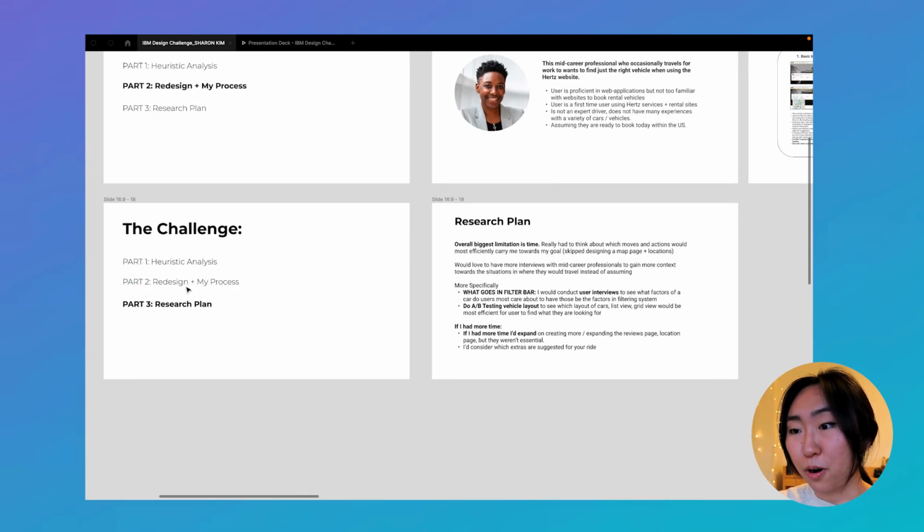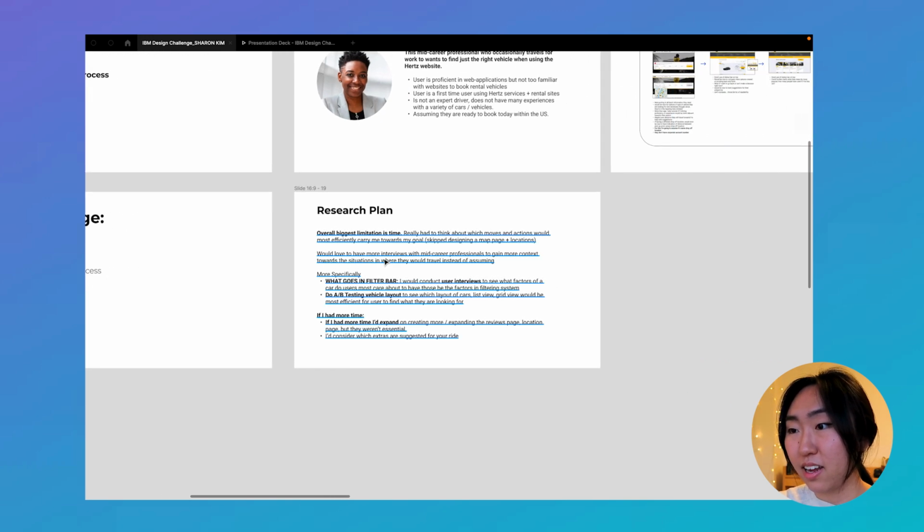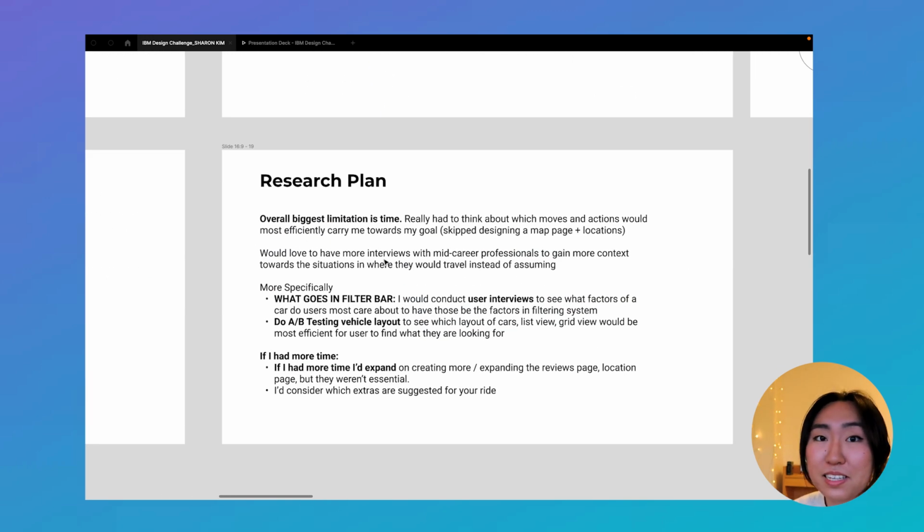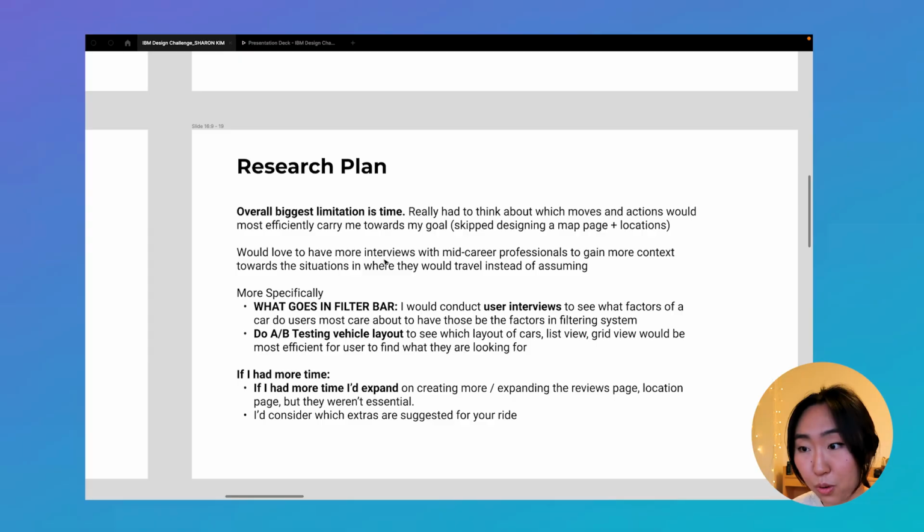Finally, moving on to part 3 of the research plan, I'll read it off to you. Overall, the biggest limitation was indeed time, and I really did have to think about which moves and actions would most efficiently carry me towards my goal. I would love to have more interviews with actual mid-career professionals to gain more context towards the situation and where they would maybe be traveling, instead of assuming, as that can really